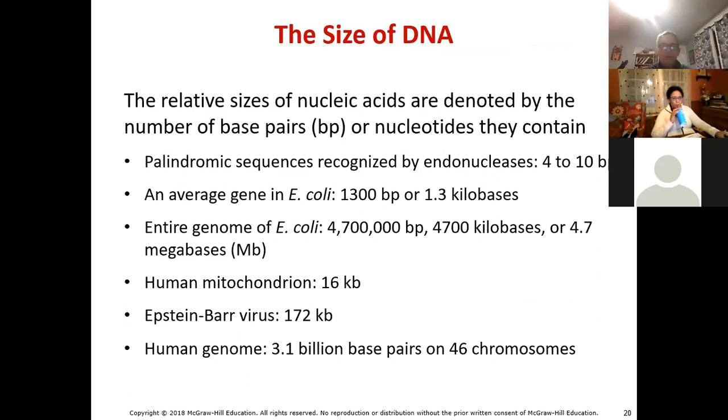The relative size of nucleic acids is denoted by the number of base pairs or nucleotides. We've mentioned that the endonucleases recognize these palindromic sequences of about 4 to 10 base pairs. The average E. coli gene has 1,300 base pairs or 1.3 kilobases. The entire genome of E. coli is 4,700,000 base pairs,